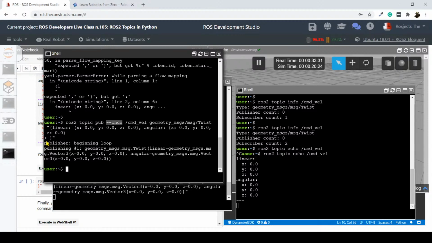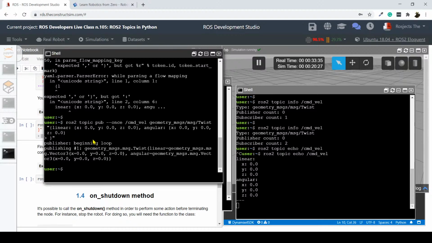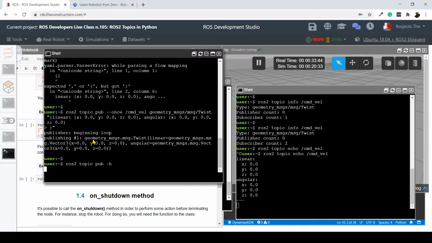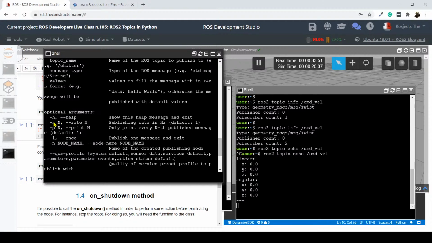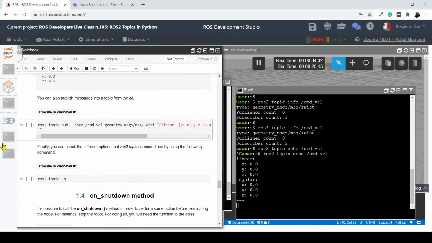Can I publish more than one? Yes, of course, I can. For instance, if I use ROS2 topic pub -h, I'm going to get help on this command, and it's going to show me more options I have. Yeah, so here I have different options I can use on this command. For instance, there is one which is rate, which is going to allow me to publish at a certain rate in hertz. Yes? So, if I come here